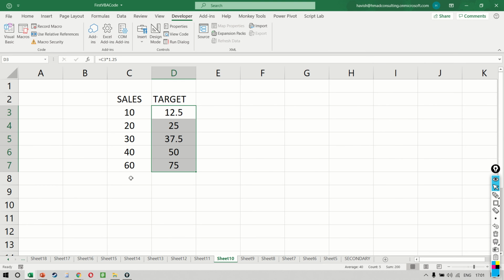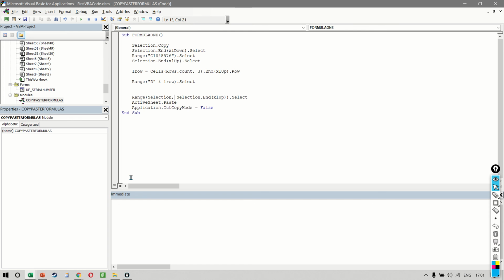Excellent, right? So what we've done here is we have made the code dynamic by searching for the last row dynamically. Now remember, this is one of the most obvious things that you want to do when you're learning VBA, because finding out the last row is super important because every time the data set will keep on changing in size and you want to be able to accommodate the additional rows or the fewer rows, and you can do that by finding out the last row.